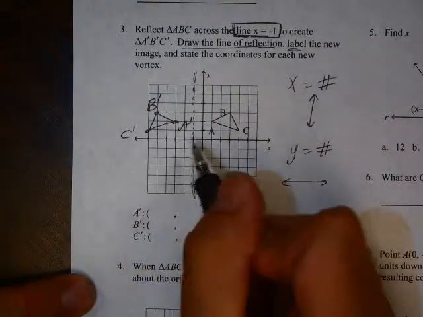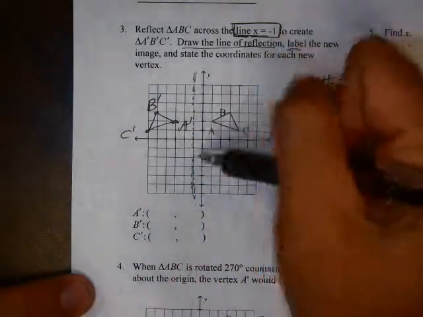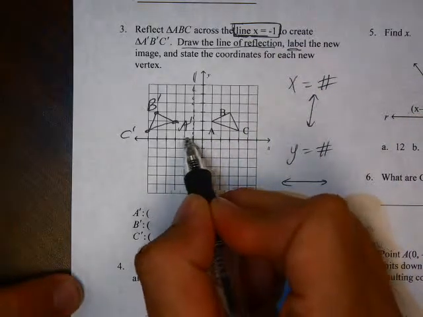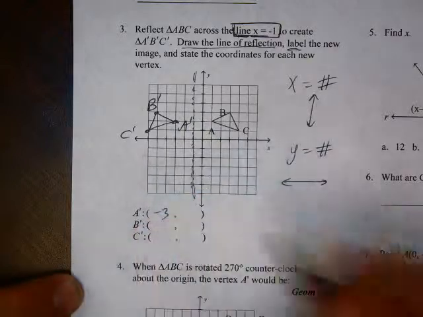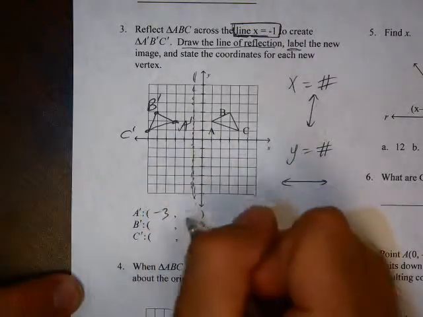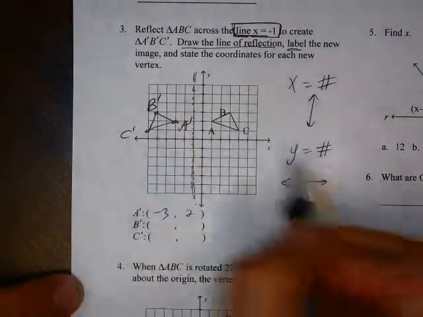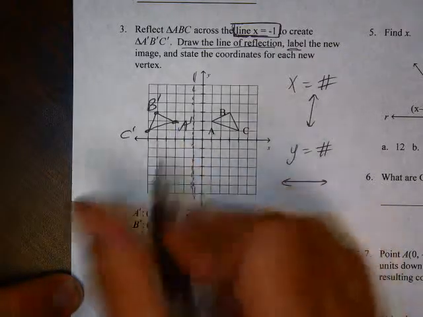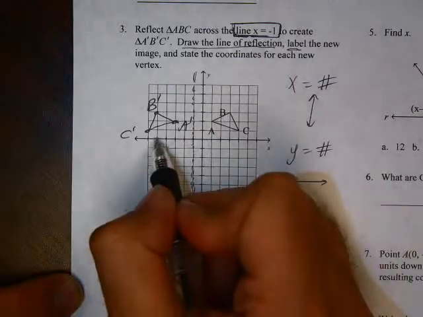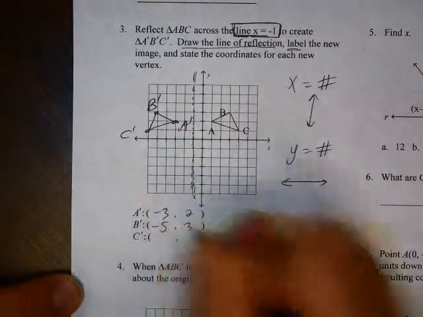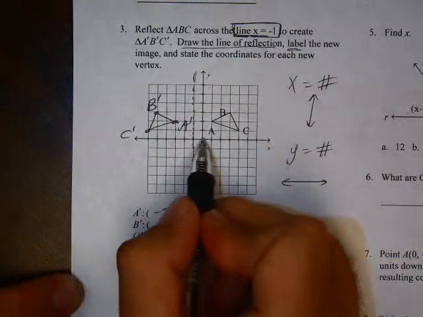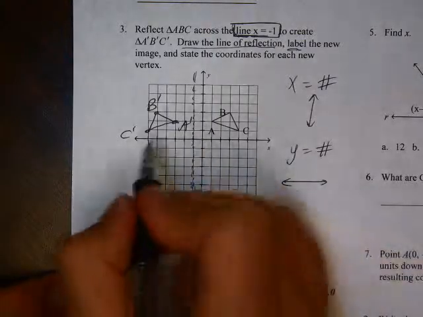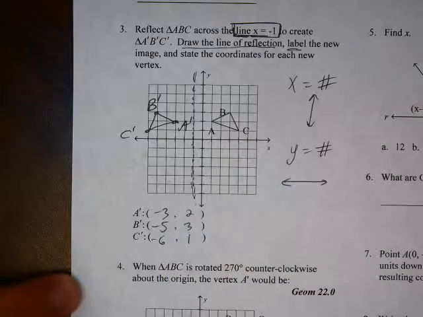So for my new A prime, and don't get confused with the dashed line, now you're going back to the center of the graph at 0, 0. I'm left 1, 2, 3, which was -3, up 1, 2, +2. For B prime, back to the origin, 1, 2, 3, 4, 5 left, which is -5, up 1, 2, 3, +3. And then C is all the way out here, 1, 2, 3, 4, 5, 6, -6, up 1, +1,